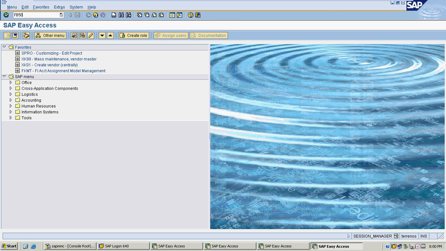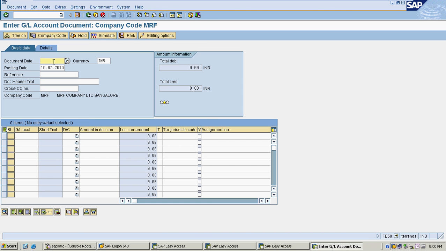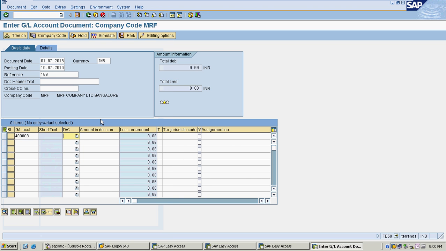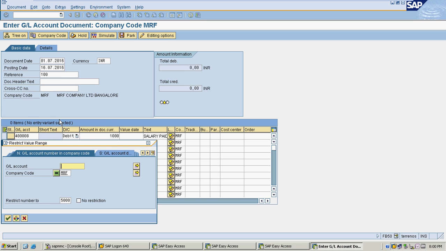I am going to select FB50, company code as MRF. Document date I am selecting as 01/07/2016. My currency is INR. I am going to post one of the expenditure. I just selected salaries. Amount is 1000 rupees. Text is salaries paid. I will post to one of the